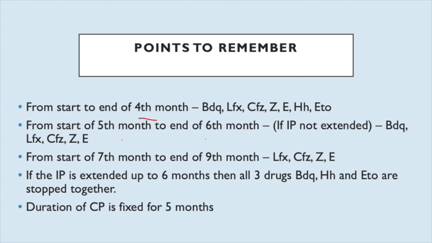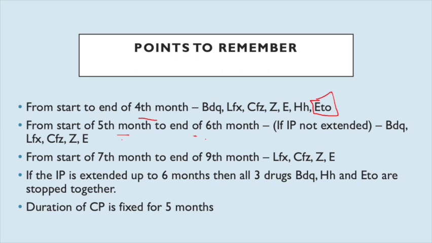From the start of the 7th month to the 9th month, only 4 drugs remain: levoflox, clofazimine, pyrazinamide and ethambutol. So here, if you take notice, ethionamide has been dropped out from the 5th to 6th month, and the rest